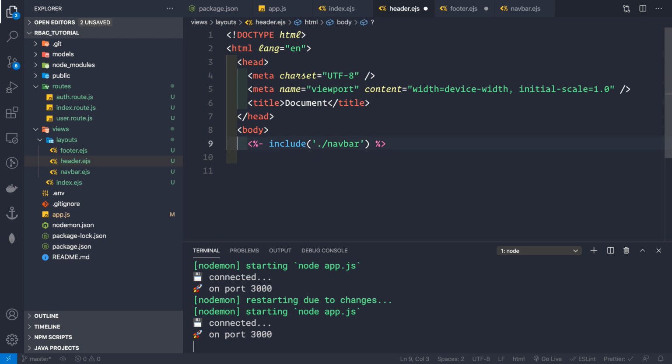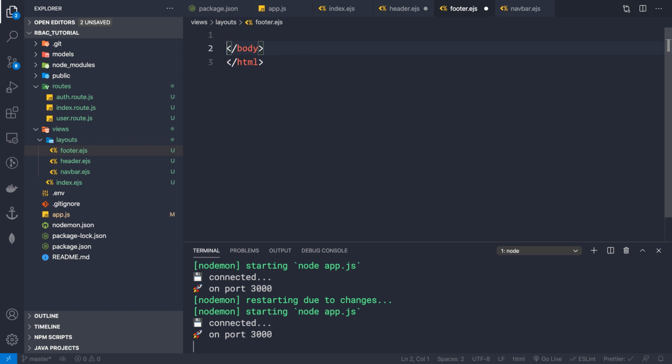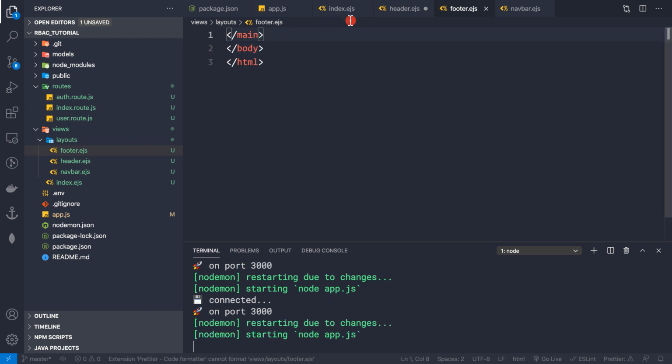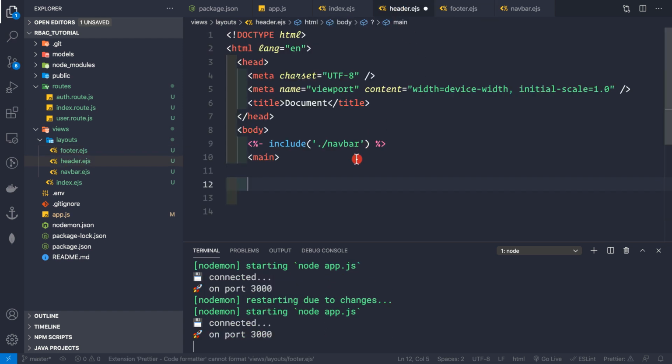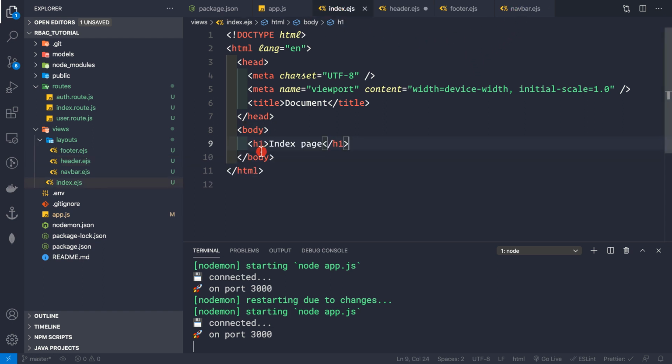We want to remove this thing from here, and then we want to keep all the content inside the main HTML element. So let me create that main HTML element like this, and this ending main tag should go into our footer here, just above the body thing. So now let me save the footer.ejs, and now let me save the header.ejs, and while I'm auto saving this, it automatically completes. So let me delete this from here, and now let's go to our index.ejs file.